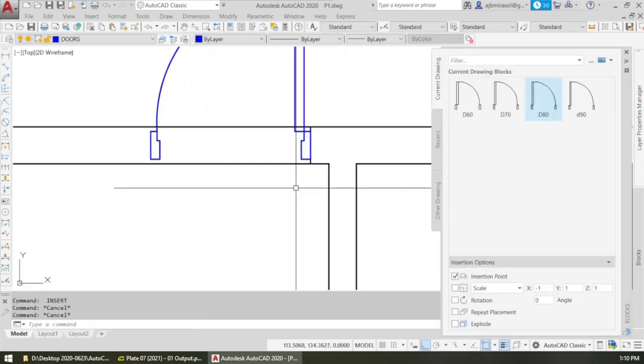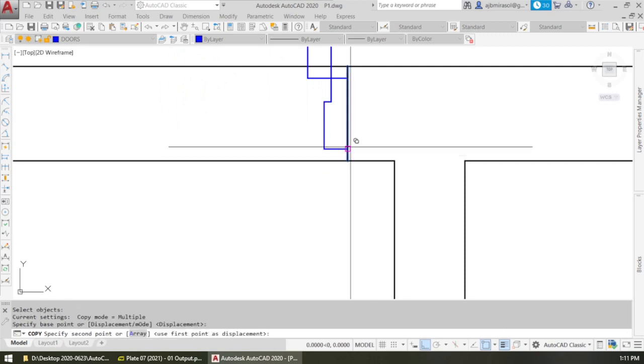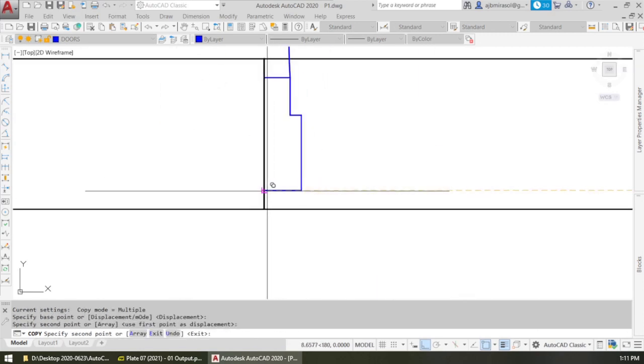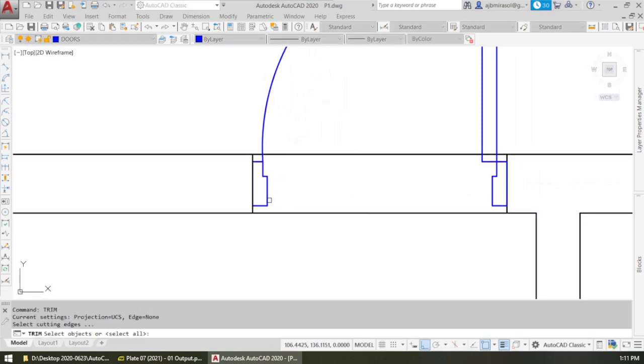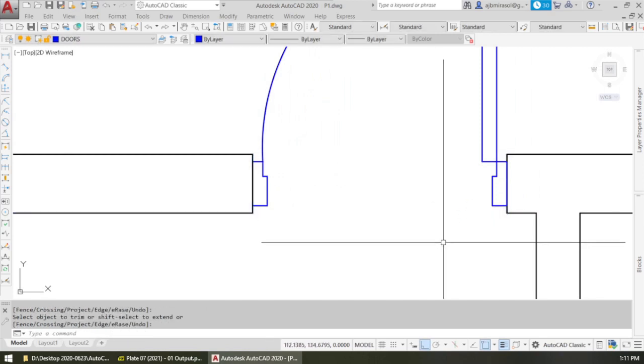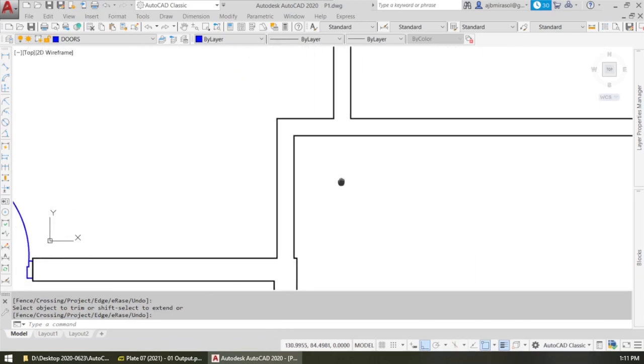Okay, so we copy the line again there, and we trim, cutting edge, and cut. Okay, now let's have it here, door 70,